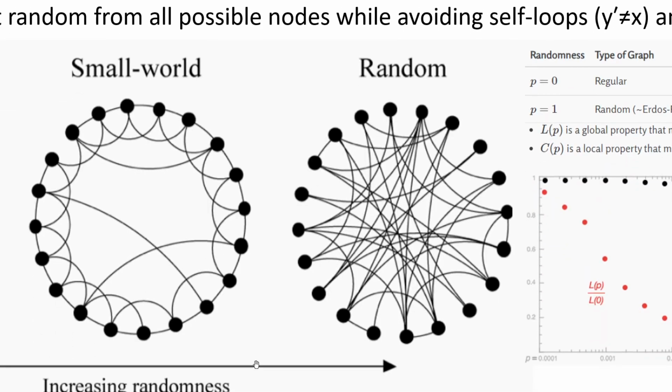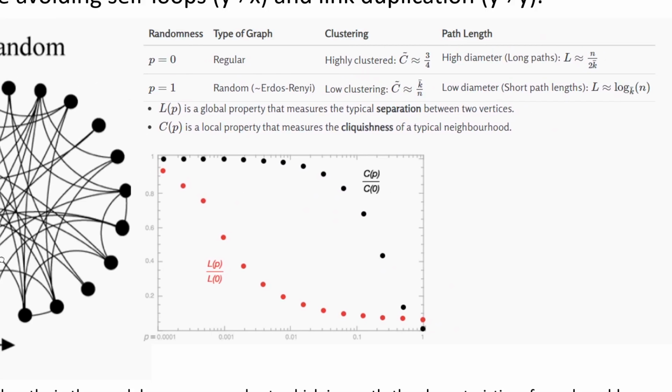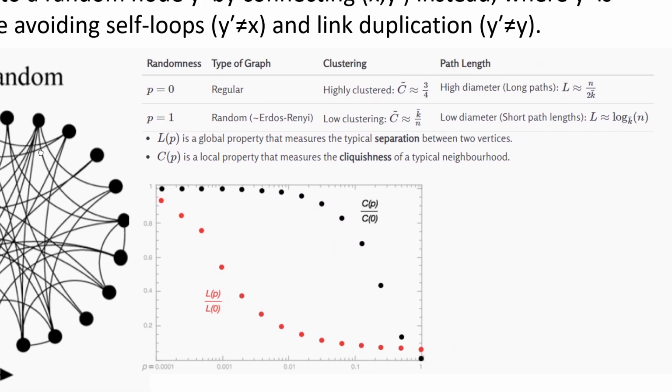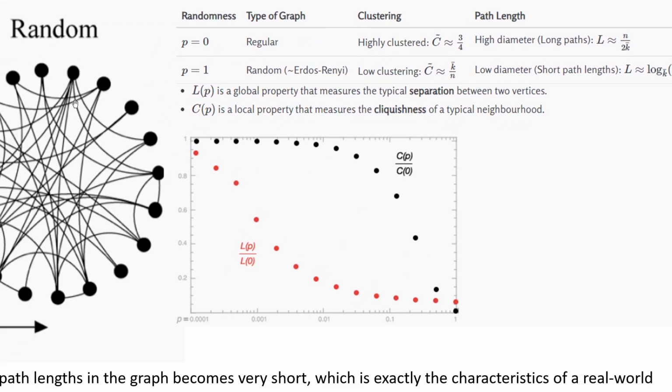I'm hoping you can see this graph. So this is a graph that is plotted. Your y-axis is basically LP, which is a global property that measures the typical separation between two vertices, and your x-axis is the clickishness or the clustering coefficient, also you can call, of the different nodes of a typical